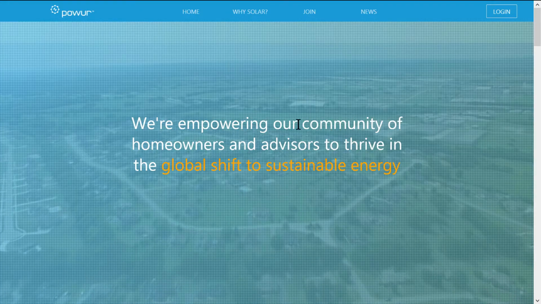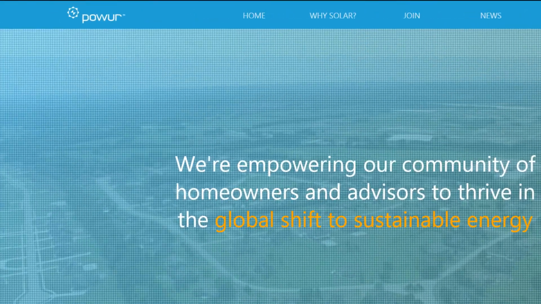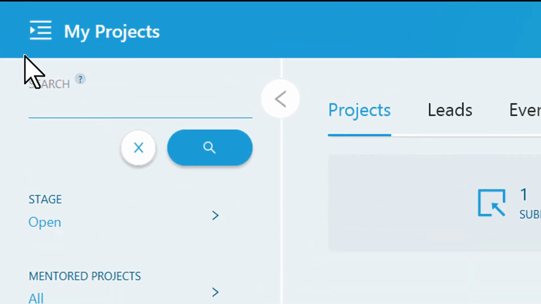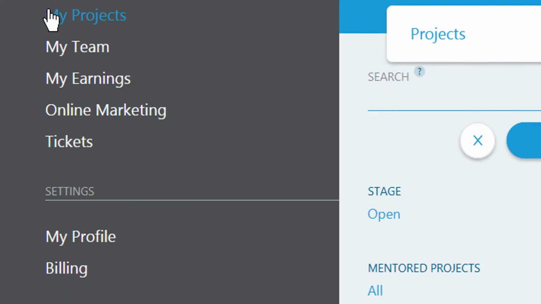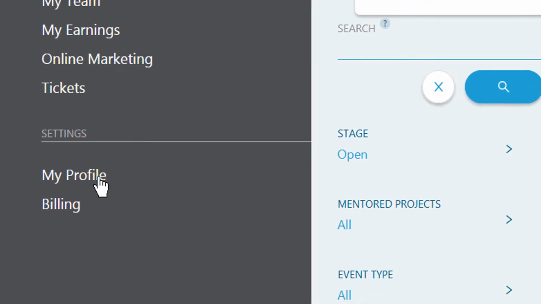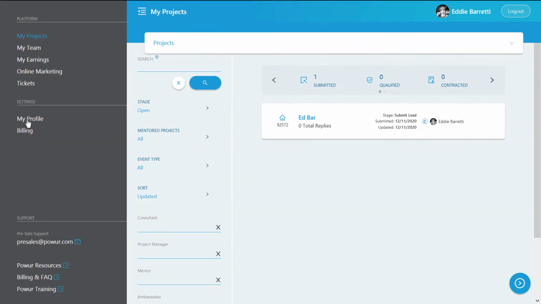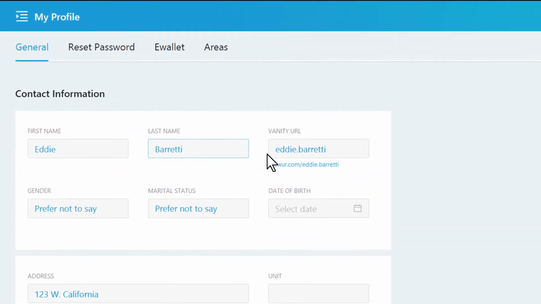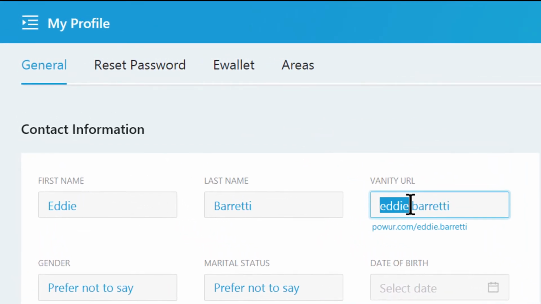All right, guys, so here we are on the login on power.com. You click on login, you log in, and then you go to the top left on the hamburger menu, click my projects, you scroll down platform, settings, and right under settings, it's my profile. So you click on my profile, and once you're in your profile, you fill up the form, your first name, your last name, your vanity URL, meaning it's going to be